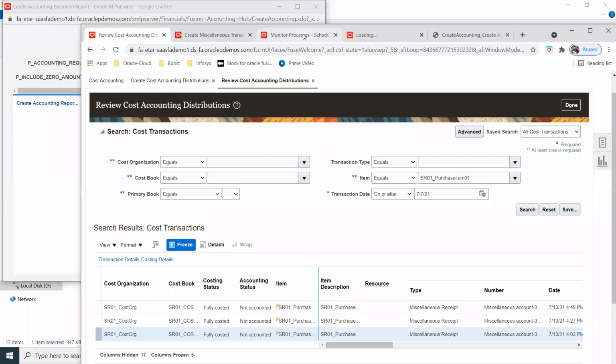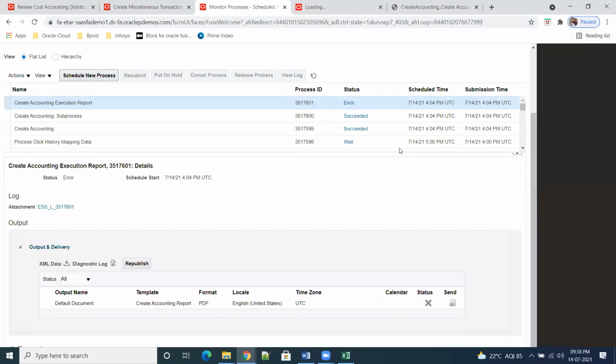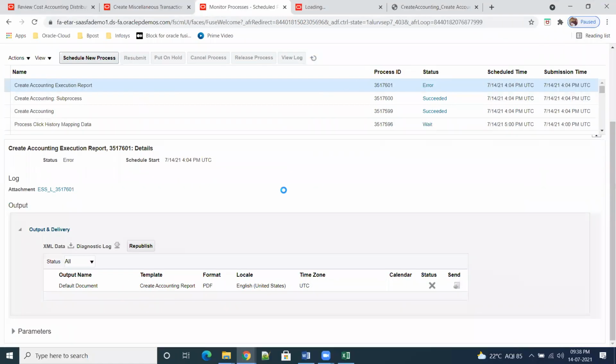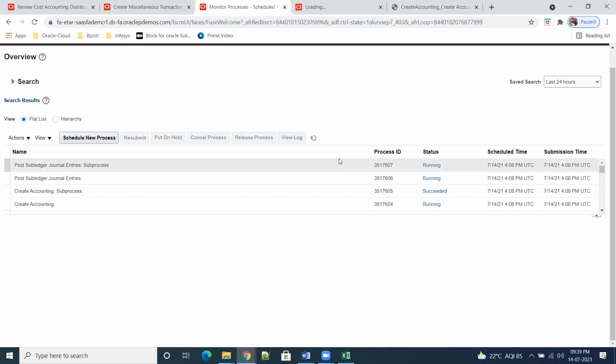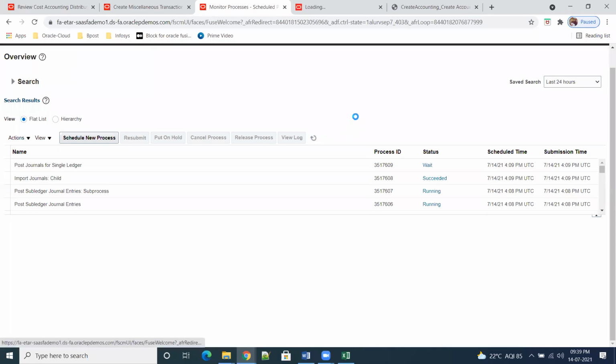So if any mapping set issues are there, then mostly it won't post in the ledger. Let us see. This post subledger general entries. So create accounting sub process succeeded. Let me see. Okay, same kind of things we'll see even after procurement as well.